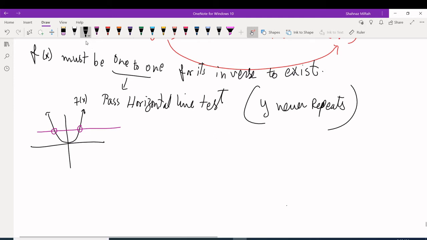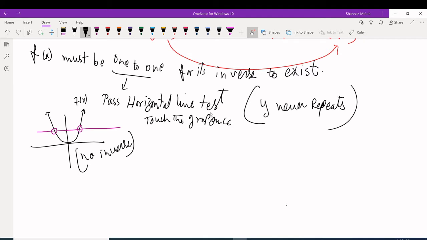It has no inverse because it's not passing the horizontal line test. The horizontal line test is supposed to touch the graph only once. Only once. Now, if I have the same graph, for example,